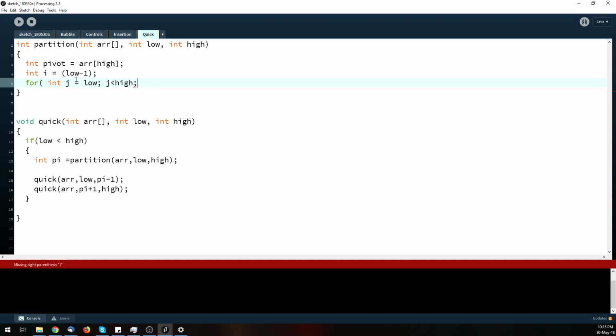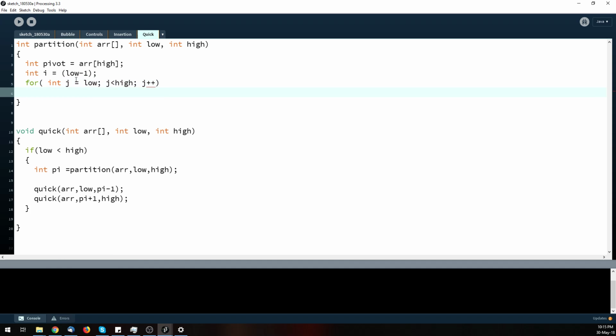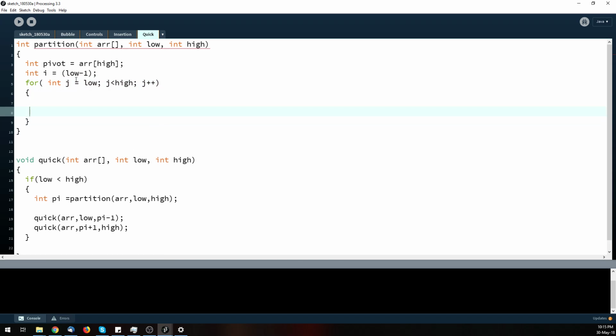we've got this half of the section that we're looking at. And we're going to increment it by 1, which is our plus plus. Alright, so we've got a for loop. Now what we want to do is check j. So we look at our array and we get j's position, and we go if it's less than or equal